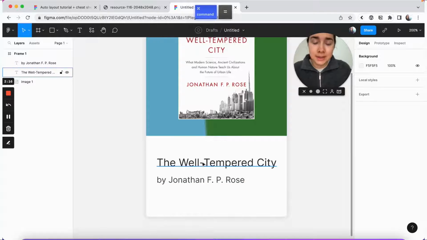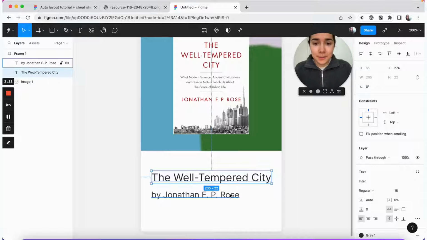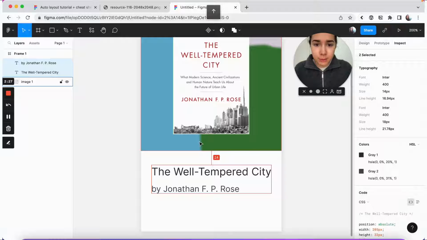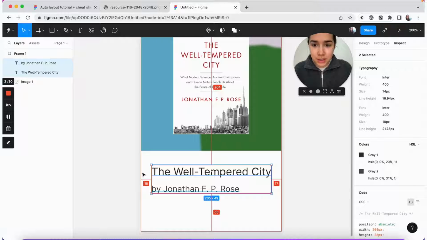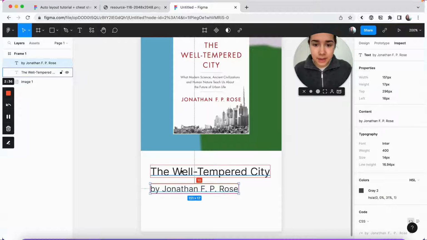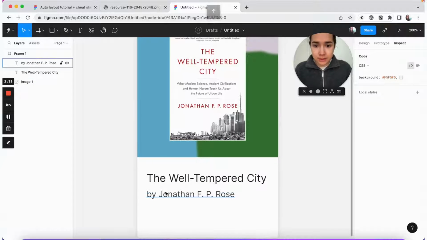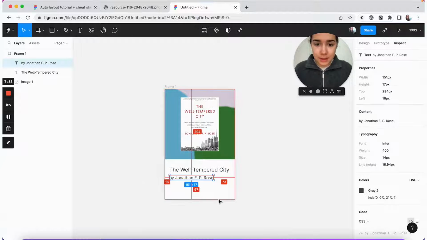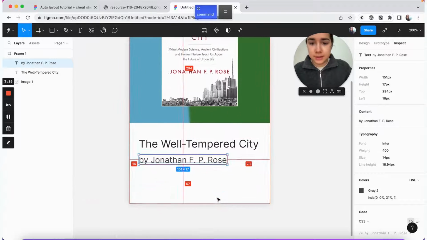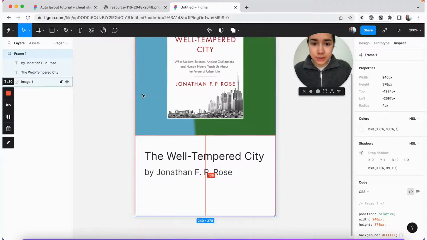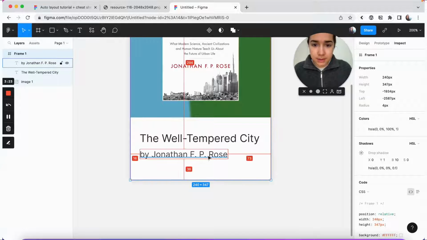Now I'm going to align the text layers so that they're exactly where I want them to be inside the card. So I want them to be maybe 24 pixels from the edge of the image, and then 16 pixels from the edge of the card. And then I want the spacing in between to be, I don't know, maybe 12. And then the bottom padding of the card, I want it to be way less than that, maybe like 32. So we would need to make this a tiny bit smaller.